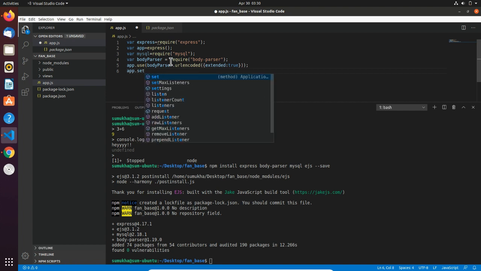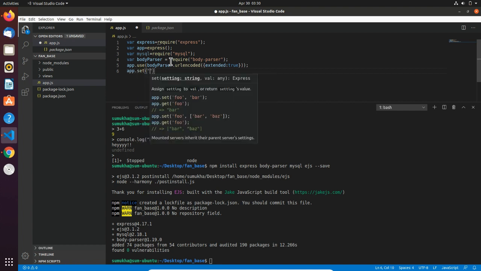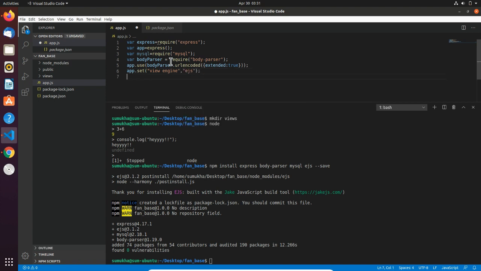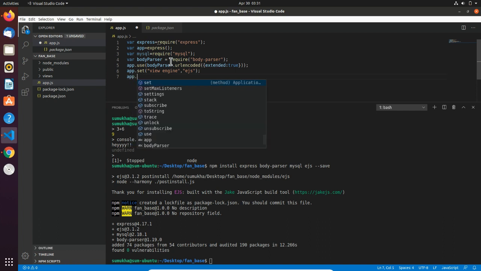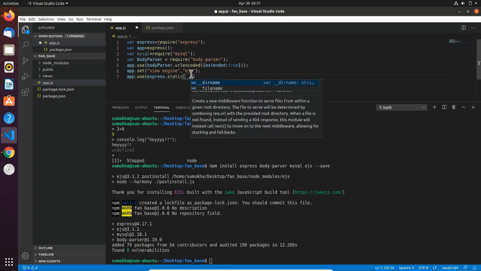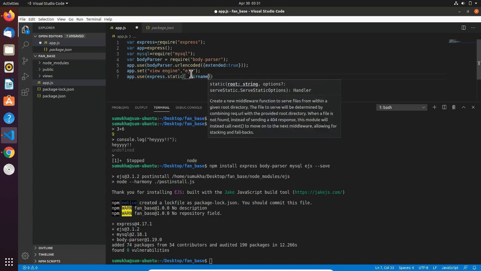Now app.set view engine ejs, and we have to use this public directory. Okay, so app.use express.static, the name plus /public.